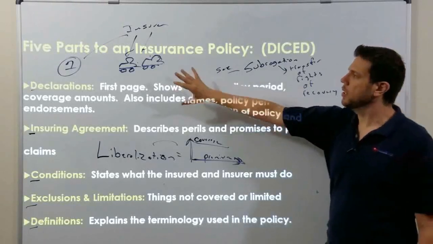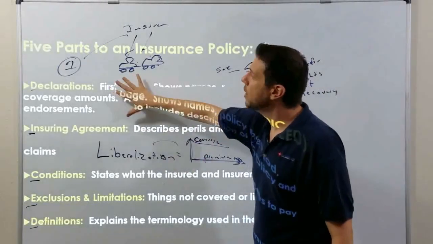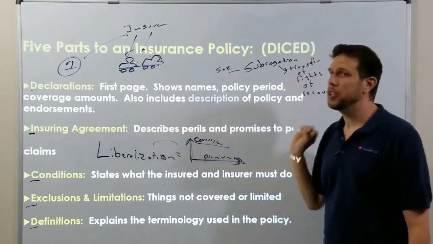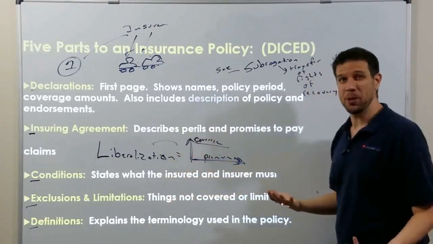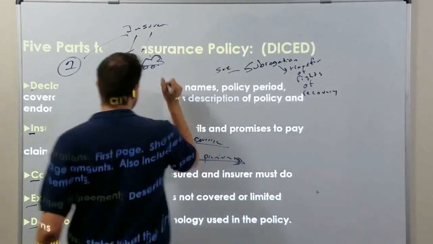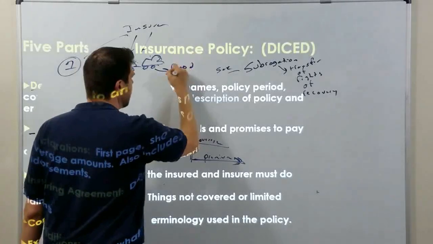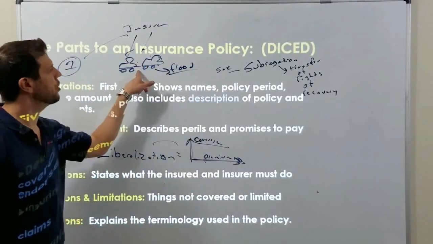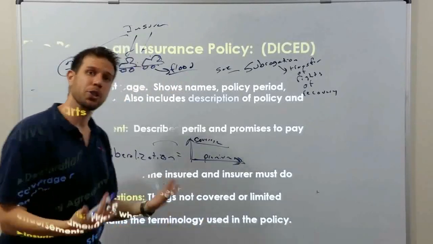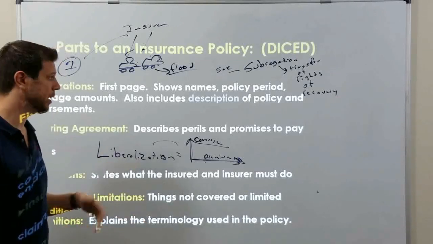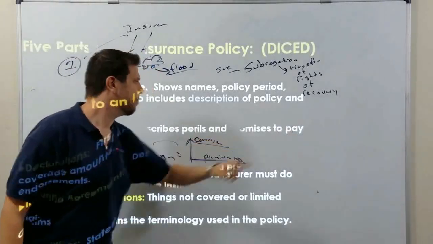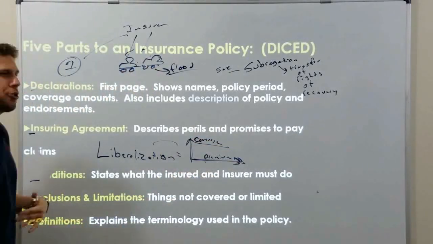So to clarify the 5 parts, we have the declarations page that tells you the summary, that's what you're covered, how much you pay, everything that's included. The insuring agreement tells you what you're covered against. So like, does homeowners insurance cover flood? No. But auto insurance will cover flood. You do not have to go through the government to get auto insurance to cover your flood. Car insurance covers flood because you can move the car, whereas homeowners insurance, you can't move your house if there's a flood coming. So the insuring agreement tells you what's covered, and then if this happens, the insurance company promises to pay claims. Conditions state your duties after a loss.